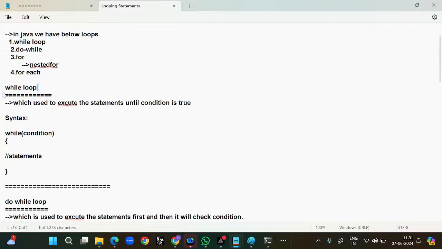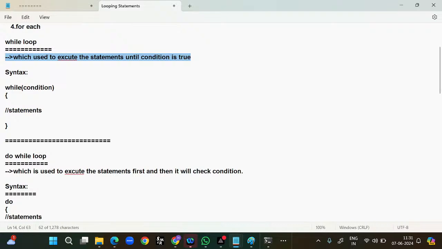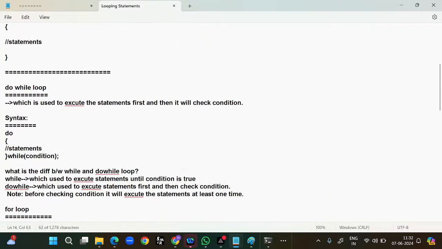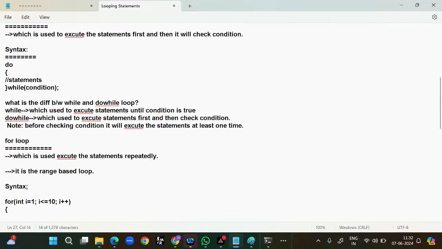Okay, what does it mean by while loop? It is used to execute the statements until the condition is true. What is the syntax for the while loop? While, condition, and statements. It will check the condition, and until the condition is true, the statements will execute. Next, do while. What is the purpose of do while? It is used to execute the statements first, and then it will check the condition. Okay. What is the syntax for the do while? Do, statements, and while